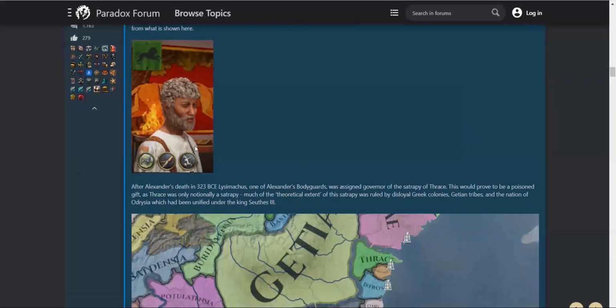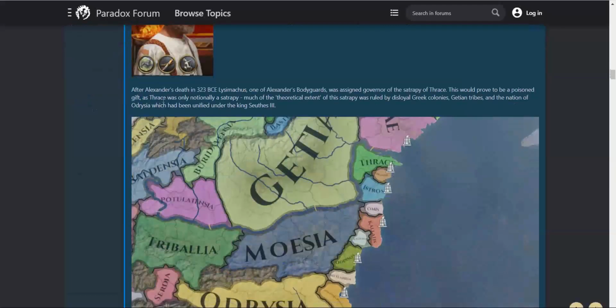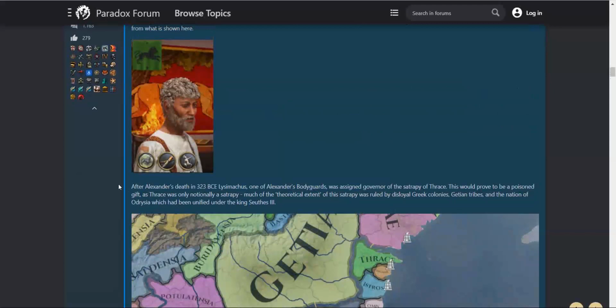After Alexander's death in 323 BCE, Lysimachus, one of Alexander's bodyguards, was assigned governor of the satrapy of Thrace. This would prove to be a poisoned gift, as Thrace was only notionally a satrapy. Much of the theoretical extent of this satrapy was ruled by disloyal Greek colonies, Getian tribes, and the nation of Odrysia, which had been unified under the king, Seuthes III. Yeah, this is an interesting spot to play, although being tribes is a bit...